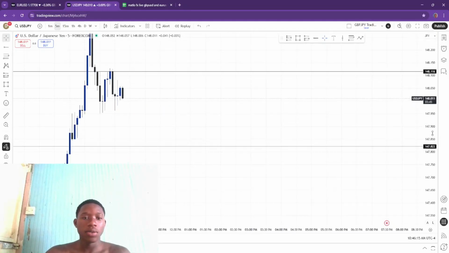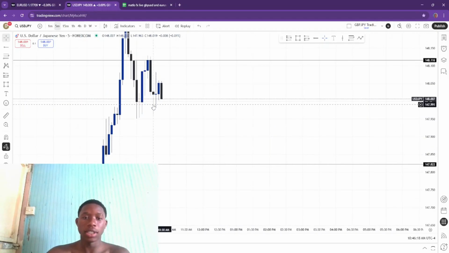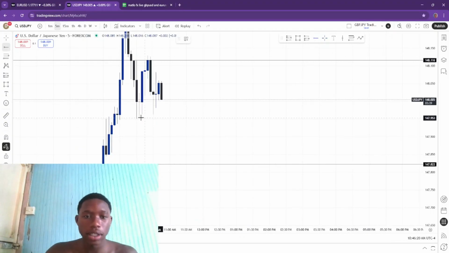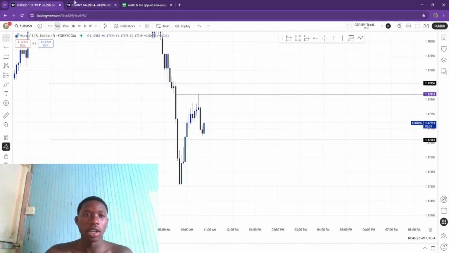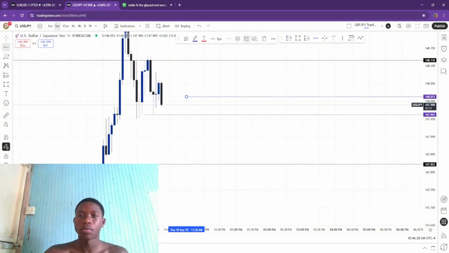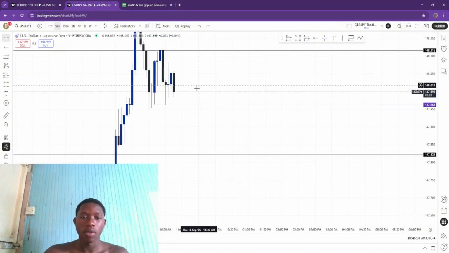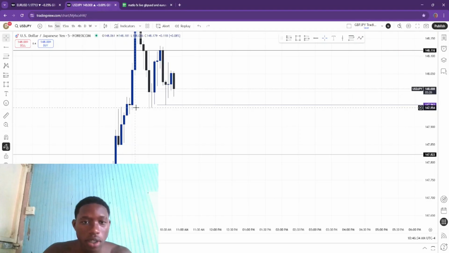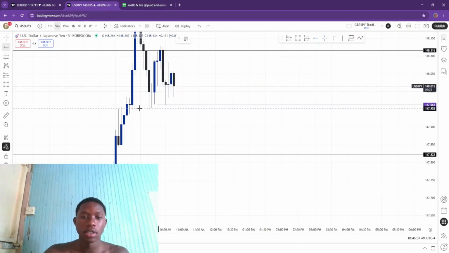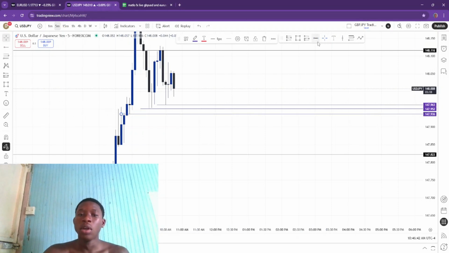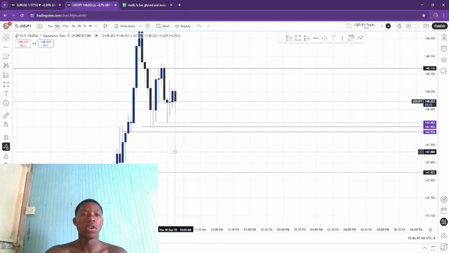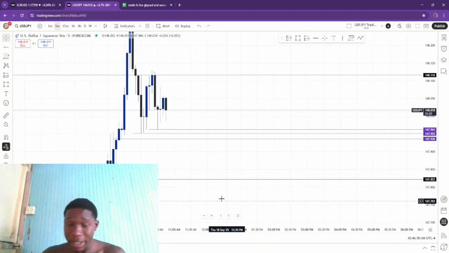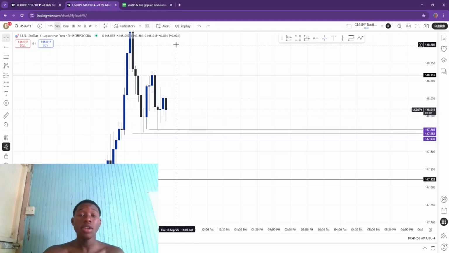On the 5 minute, let's look for a low. A low is a down then an up candle. So that's a low right there. And then that's another low, a down then an up candle. And then that's another low. So we have three lows that price could possibly sweep on USD JPY